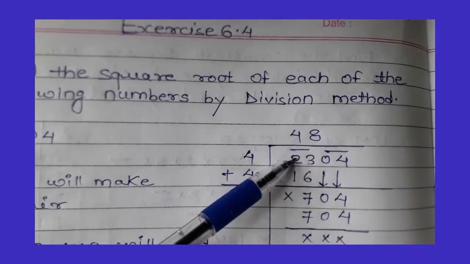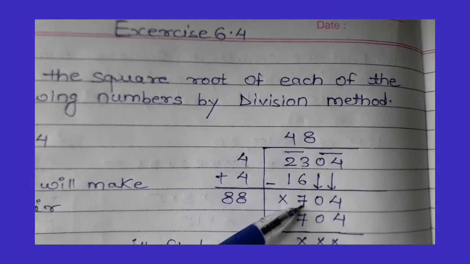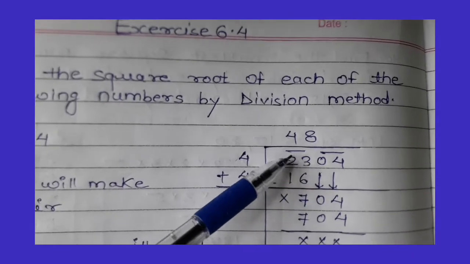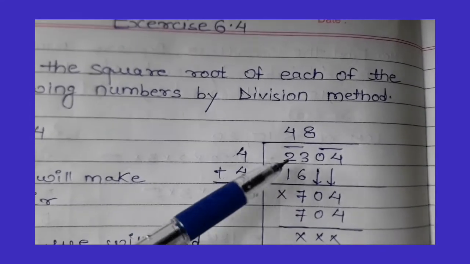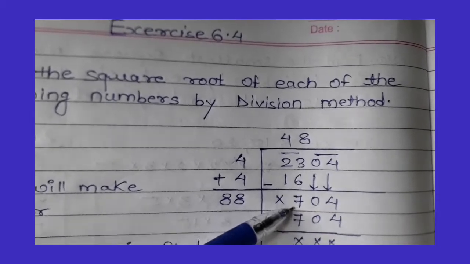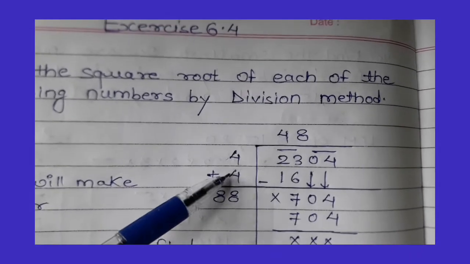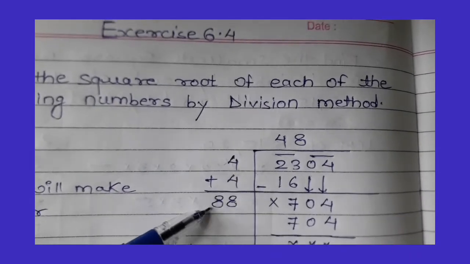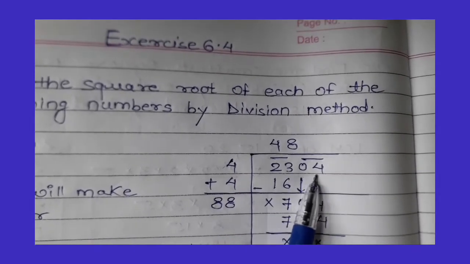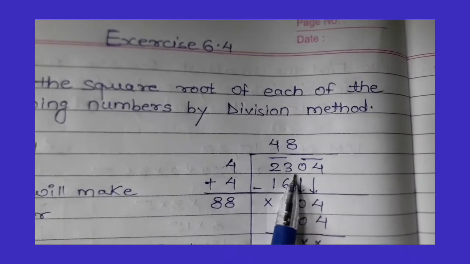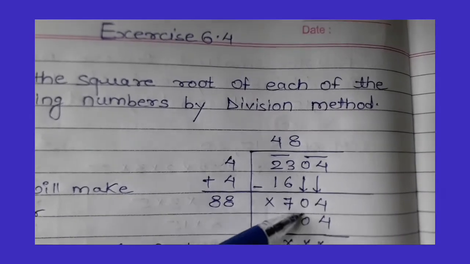When we subtract this, 13 minus 6 is 7, and here 1 is left, so 1 minus 1 cancels out. So this is 7, and whatever number we have written here, the same number we'll add on this side. So this 4 plus 4 will become 8. Then next we'll note down the second pair. Not individual numbers, because we have prepared pairs, so we'll note down the second pair. So this 04 we'll note down here.